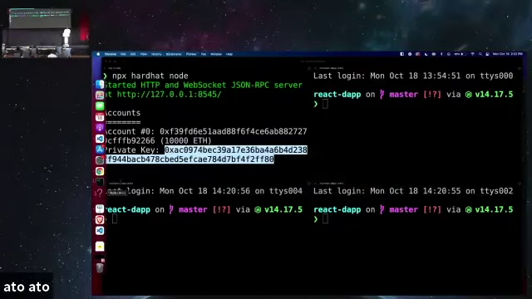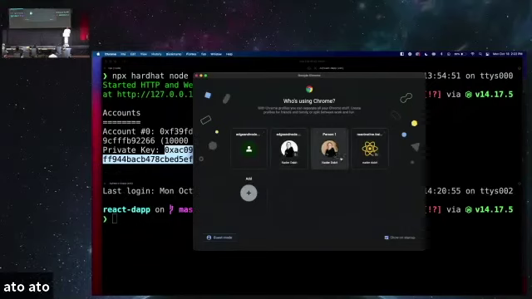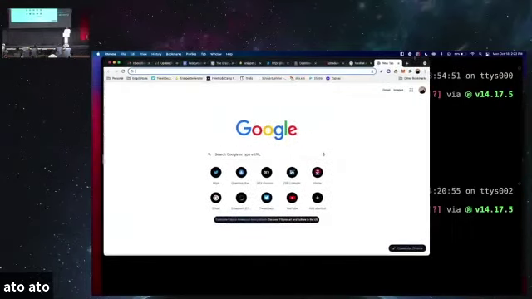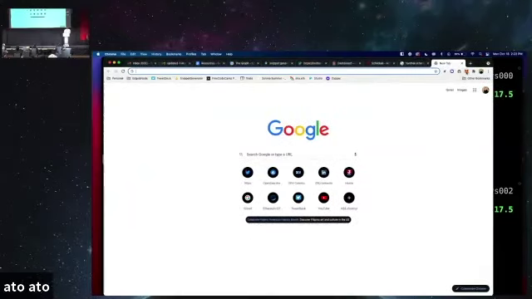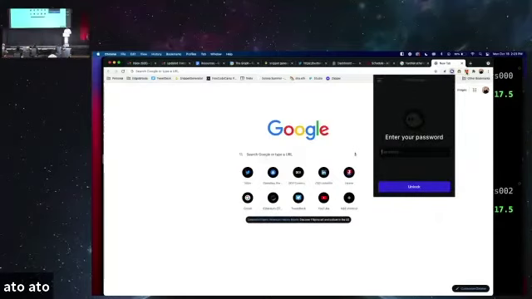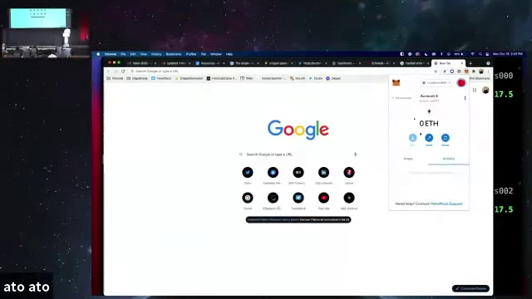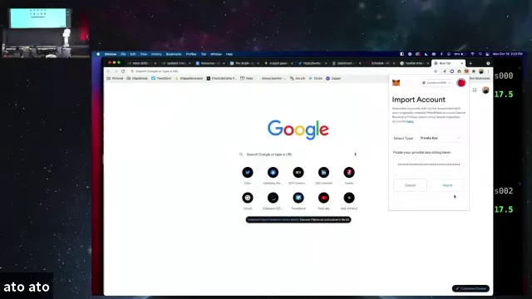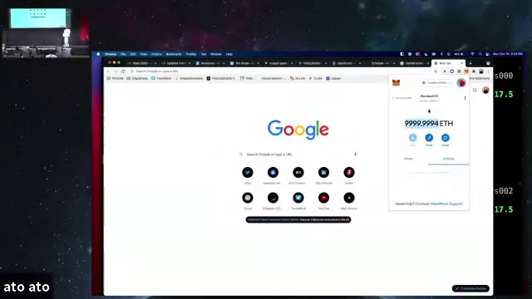So I'm going to go ahead and open Google Chrome. And I'm going to go right here, and I'm going to go to my MetaMask. So this is kind of like the wallet. This is one of my wallets. I also have Phantom. This is for Solana, just to kind of give you an idea of what this stuff looks like. And what I want to do is import one of these accounts. So to do that, I can go to Import Account. I can paste in the private key. And here you see that we now have